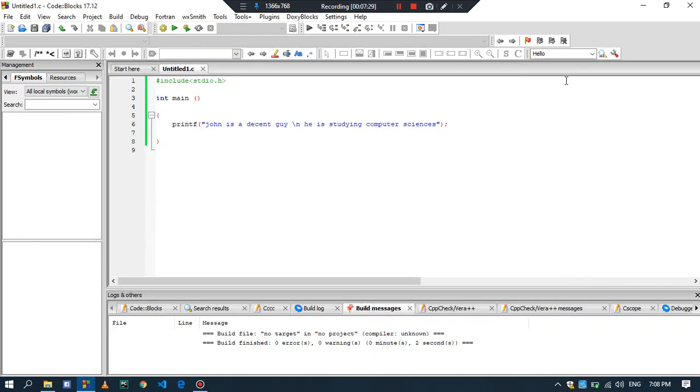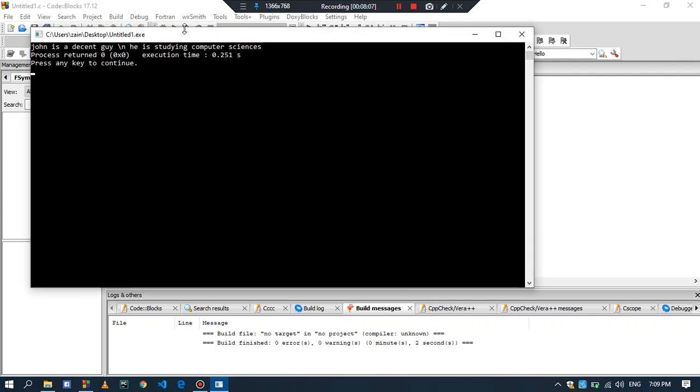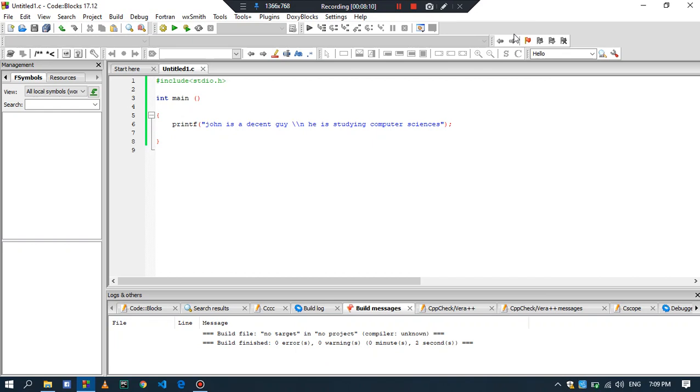For example, you may ask: you are saying that whatever we write in these quotes will surely be printed on the output screen, and I wrote \n, so why is \n not printed on the output screen? Basically \n means that the program will shift to the next line. If you want to print \n on the output screen, then you will have to write a double backslash, \\n. Now see, \n is printed.